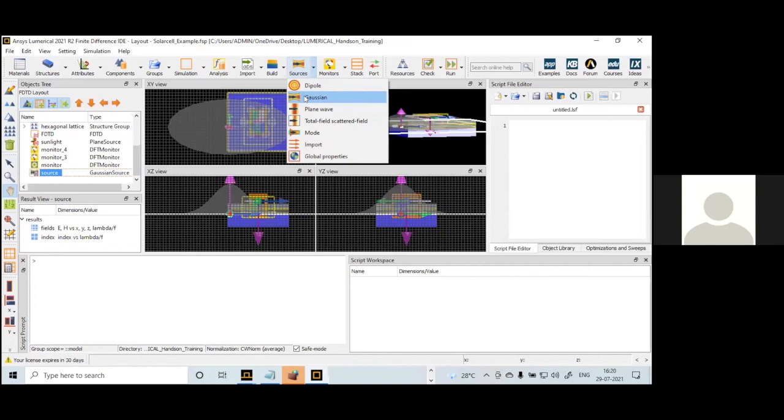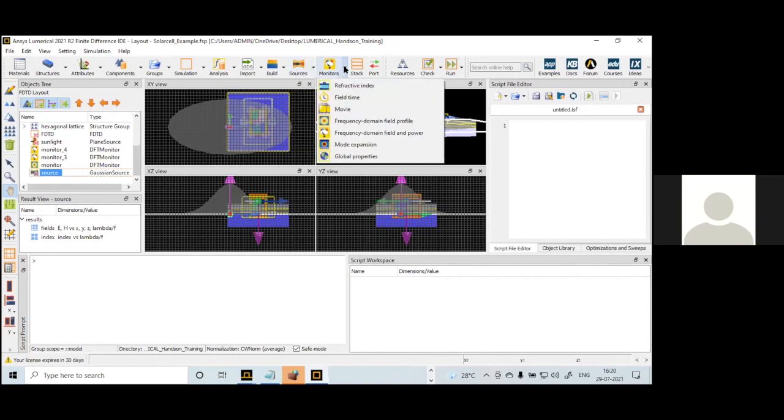The plane wave source is for a single wavelength, so for a single wavelength the best option is the plane wave source. We can give a particular wavelength, or we also have the option to choose a range of wavelengths in the case of plane wave.